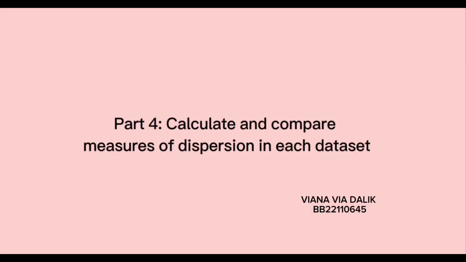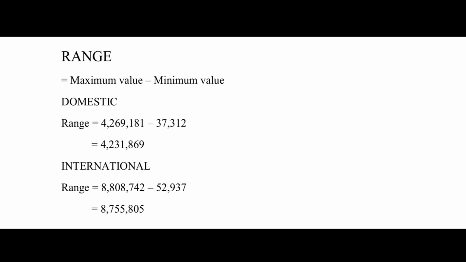My name is Vena Vedali with matrix number BB221100645. We'll present part 4, calculate and compare measure of dispersion in each dataset. Firstly, we need to find the range, which the formula is maximum value minus minimum value. The range of domestic is 4,231,869. For the range of international is 8,755,000 and